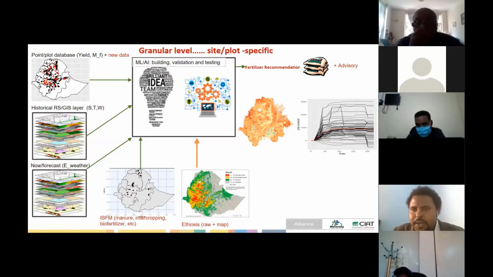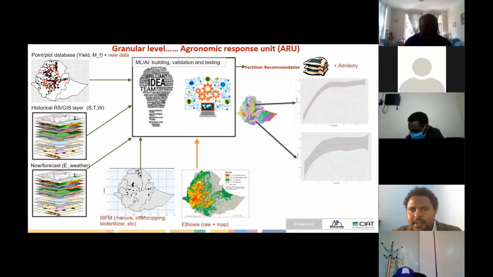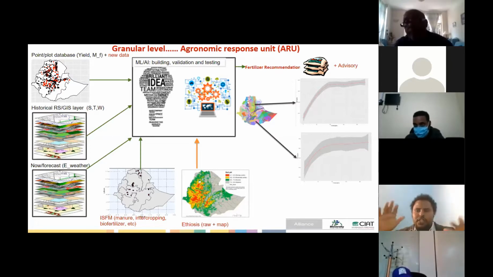In this case, it's for wheat, and that can be extended to different crops given the number of sample data we have is enough. So this is just for site specific, but we can also have an agronomic response unit, which is basically where we divide the country into environmentally homogeneous units, where any kind of intervention we do, we may have similar, almost homogeneous responses.